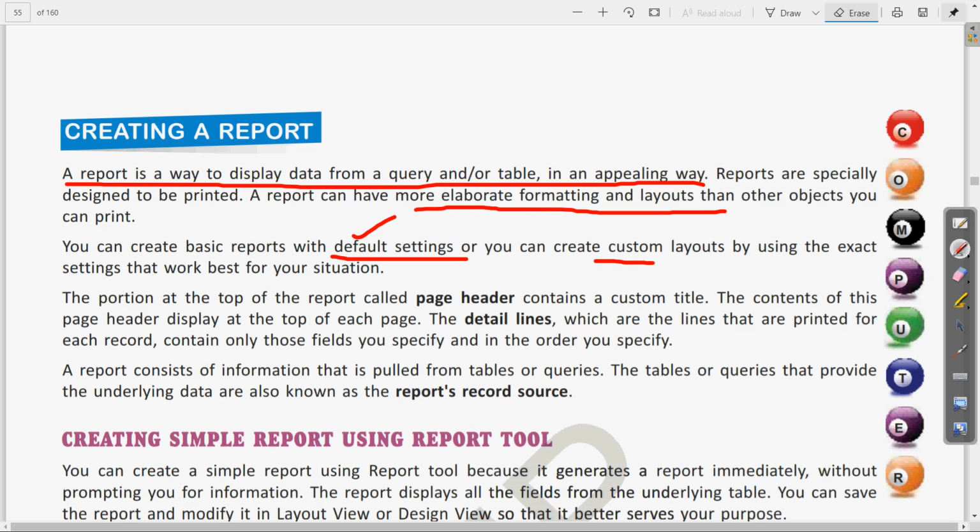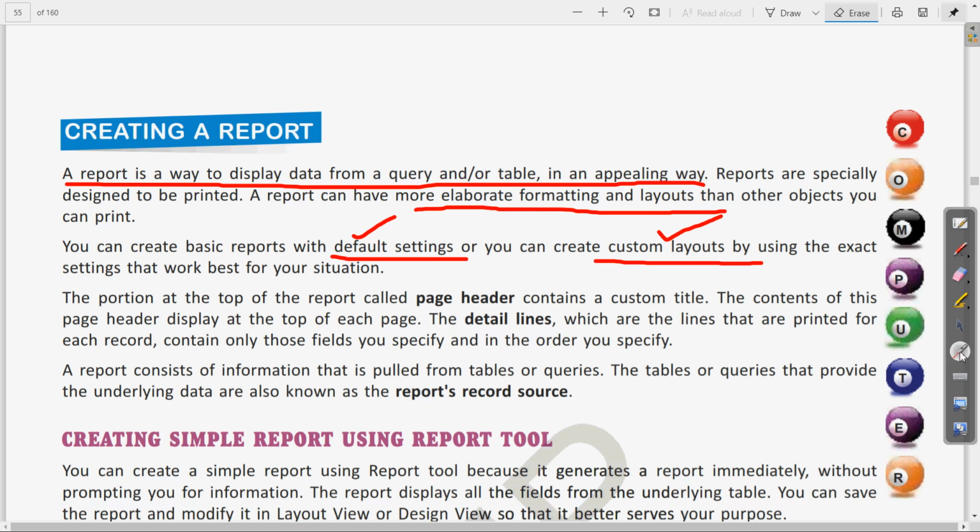When we customize the layouts, it means we can make some changes according to the requirement and according to the data to be presented, so that can be called a custom layout. Clear? So either we can use the default settings or custom layouts for preparing the report according to the situation.